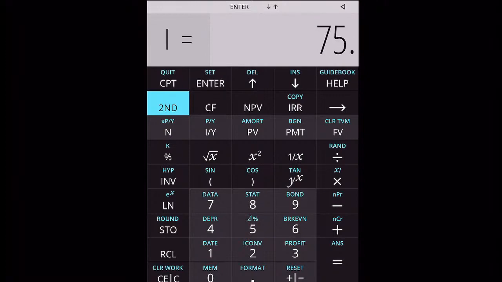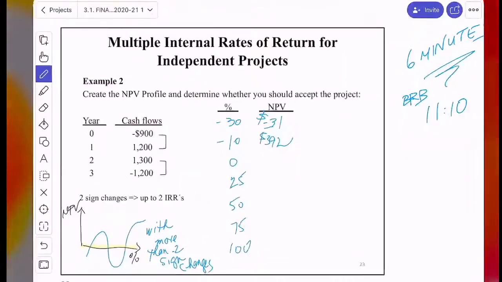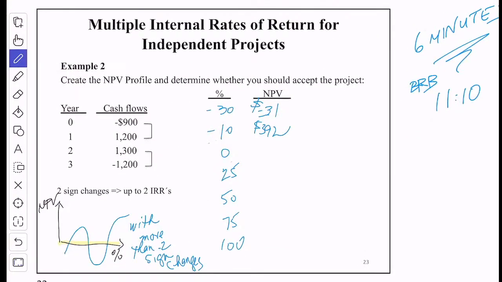75, enter down, compute. Aha, it's a negative. So between 50 and 75, it changes sign. That's the most important thing. So I'm going to just make a note that this is positive, positive, positive, negative. So this is where